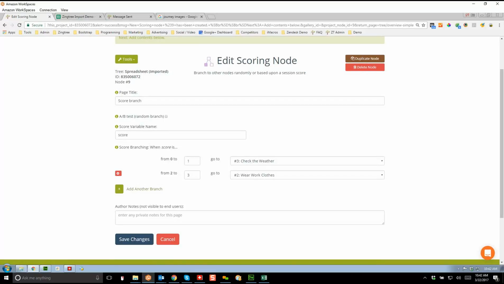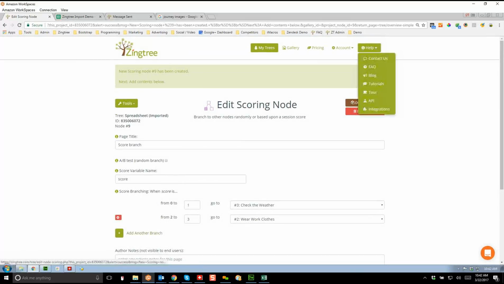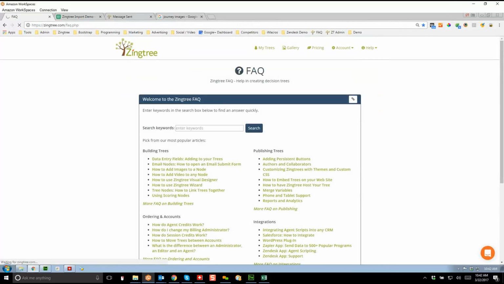Okay, so some other cool features you can do with Zingtree. I'm going to show our FAQ. Our FAQ is actually written with Zingtree. Sometimes people want to be able to search through knowledge bases. So you can enter a search form that will either search the current tree or all your trees. So if you want to learn about